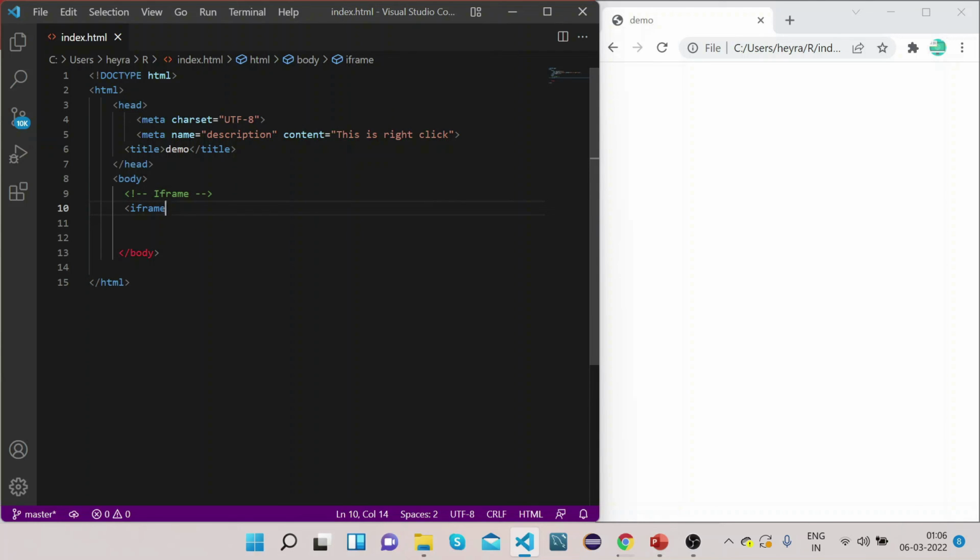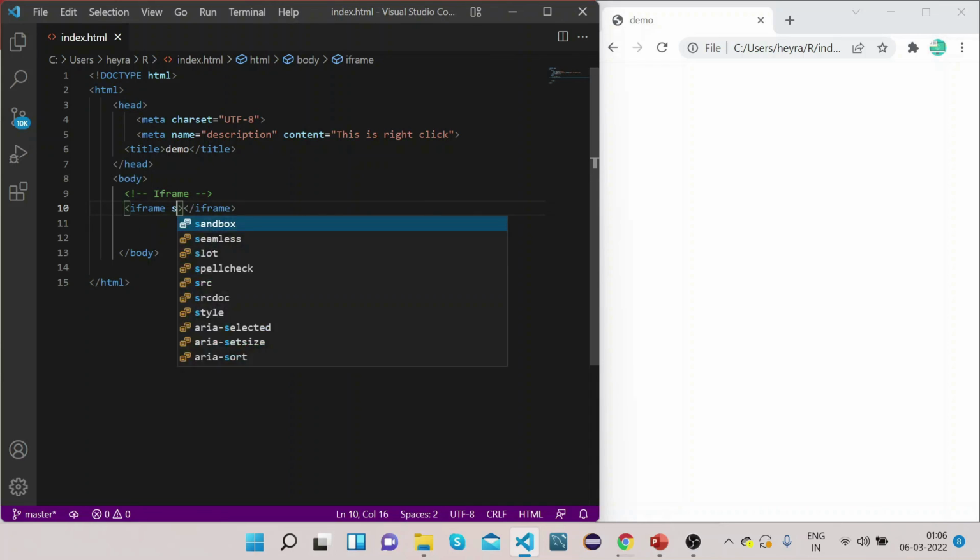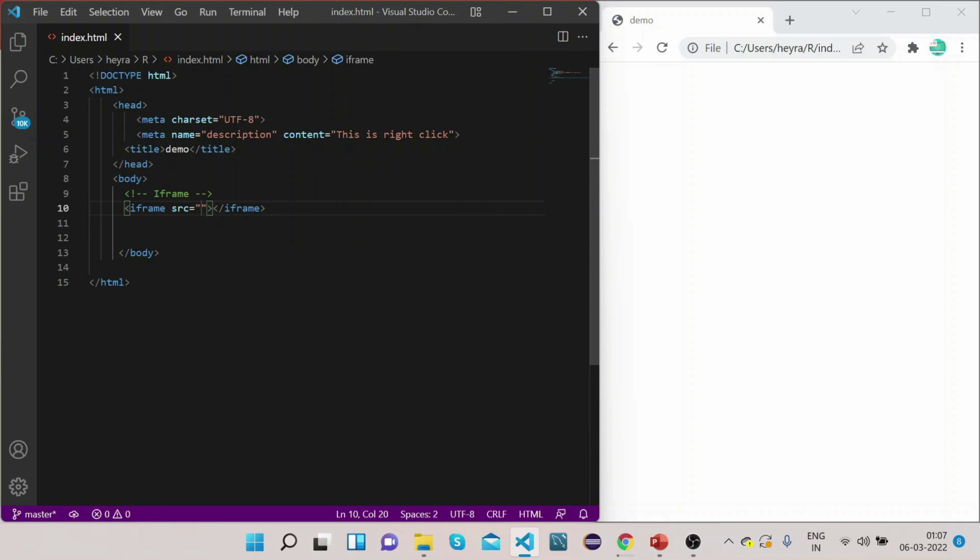You can write the opening and closing tag for iframe. Now iframe has one property, that is src. In this src you need to give the address of the website that you want to put on your web page. So let's suppose I give